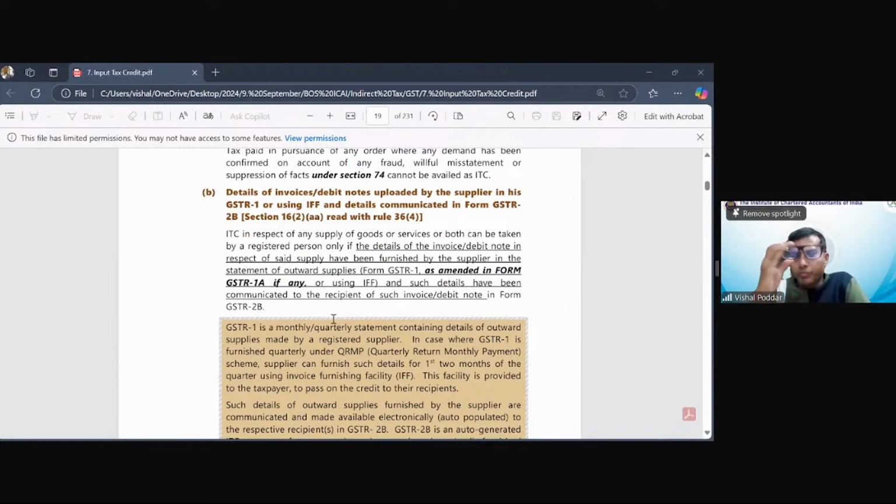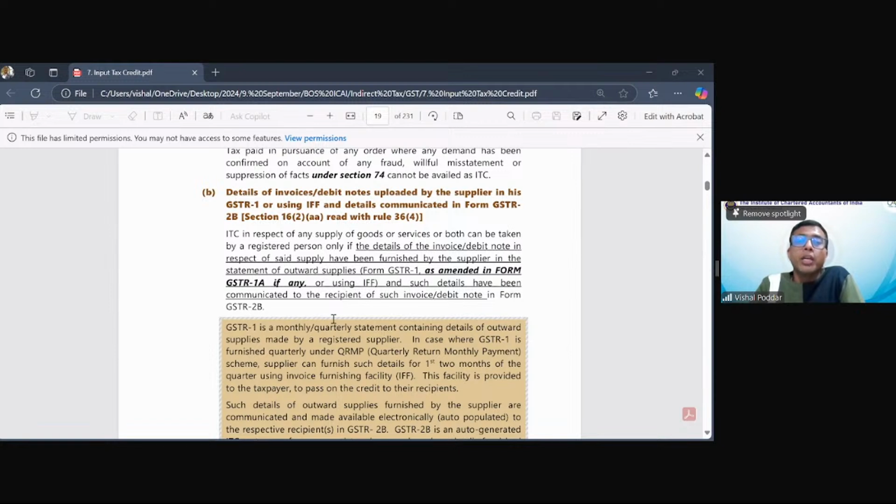Okay. Now, the first condition was you should have the supplier's invoice. Technically, this condition is required only at the time of GST audit, because today nobody comes and sees whether you actually have the invoice or not. This will be required when any audit happens, and at that time, for every input tax that you have taken, the officer will say, okay, show me the proof. The proof is the invoice.